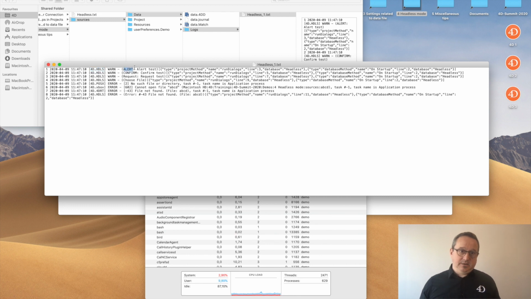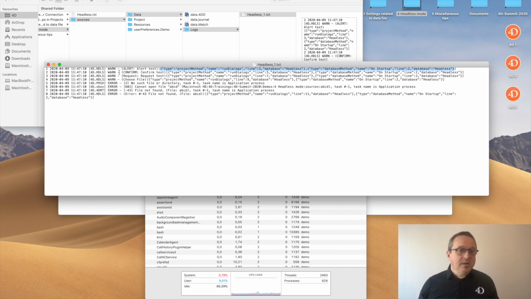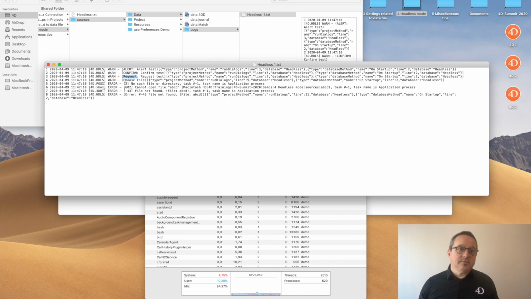And there was an alert command with the alert test label, and you have the entire call chain, so you can see where the code has been called with each step. So you can see the alert, the confirm, the request, the choose file, and the error dialog.